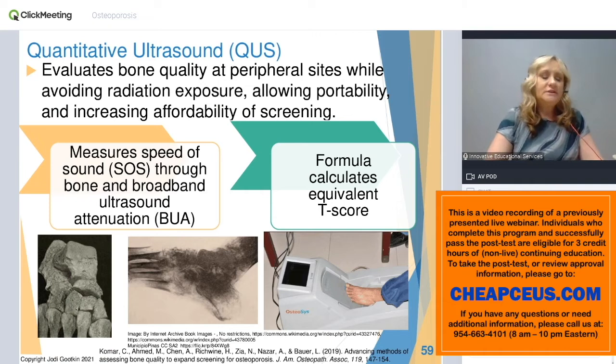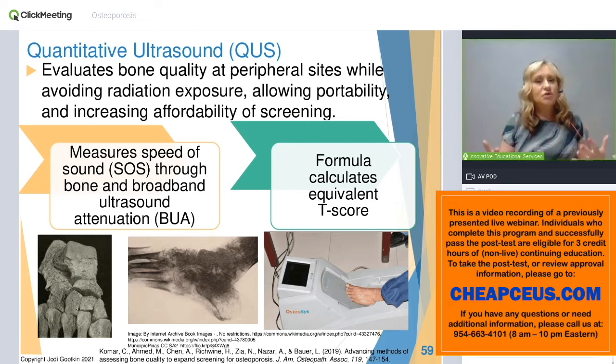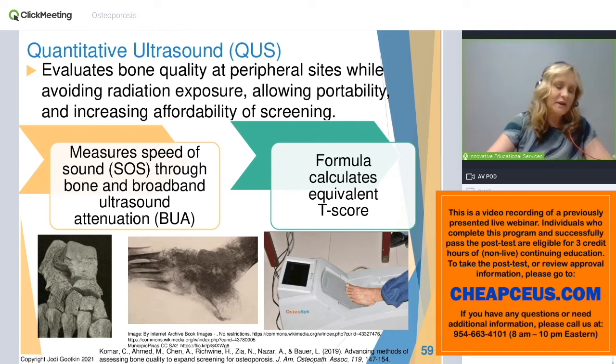Quantitative ultrasound is a tool that is being utilized in some cases to look at more mass screening opportunities. It's less expensive, it's portable, and it uses the calcaneus. We might think, well, why are they looking at that calcaneus? And I found some interesting images. The far left here, we're looking at in this region that I'm circling. If you look at the integrity of the bone, it's someone who is